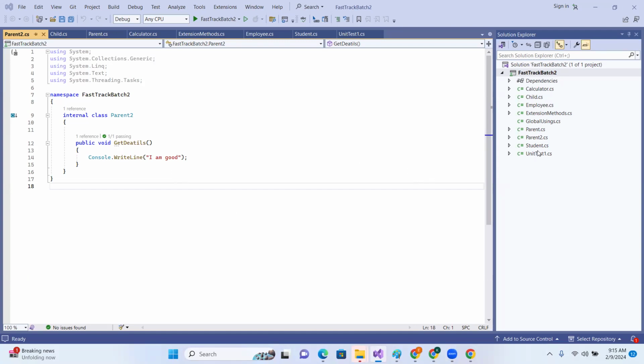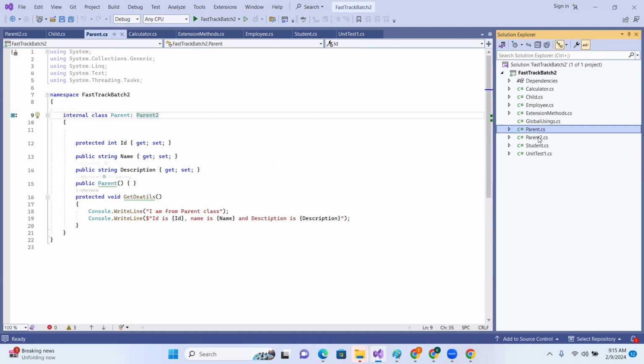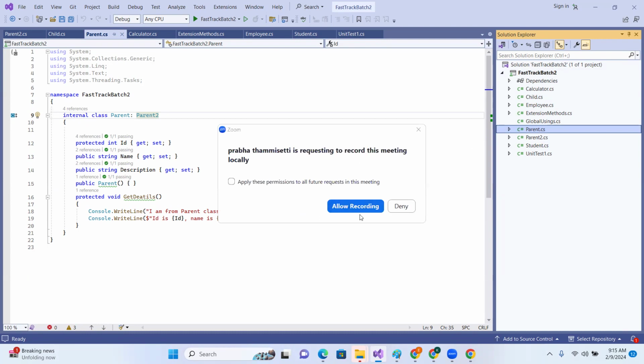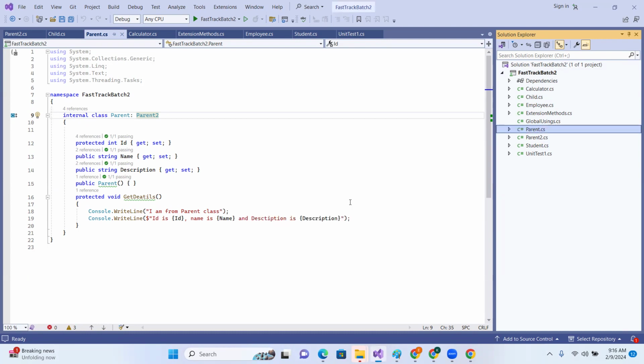Okay. So yesterday we discussed what is multiple inheritance, what is multi-level inheritance and single inheritance. Single, multi-level, multiple, right? So multiple inheritance is not possible, right? Why is it not possible? There is an ambiguity, a confusion when you have multiple classes,